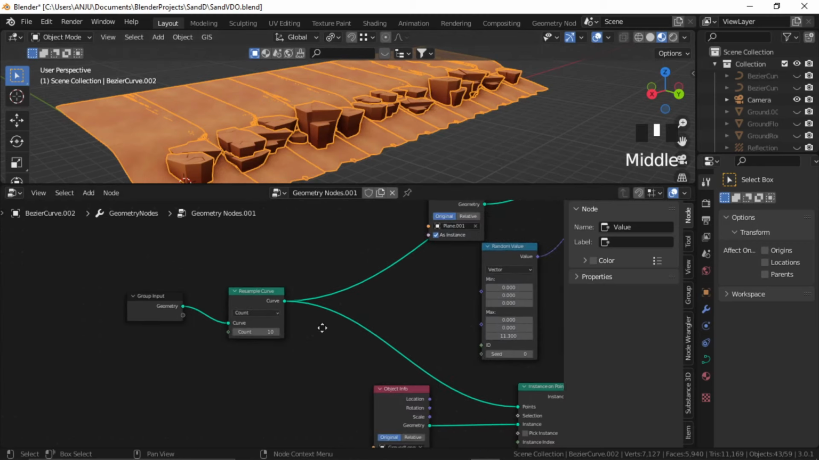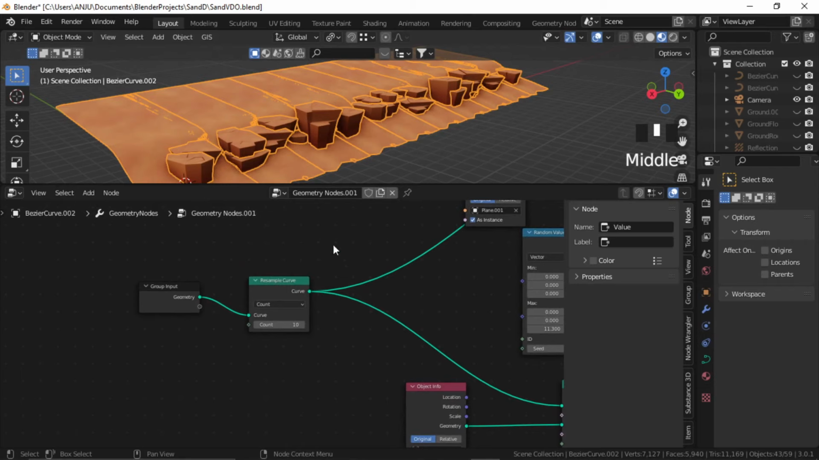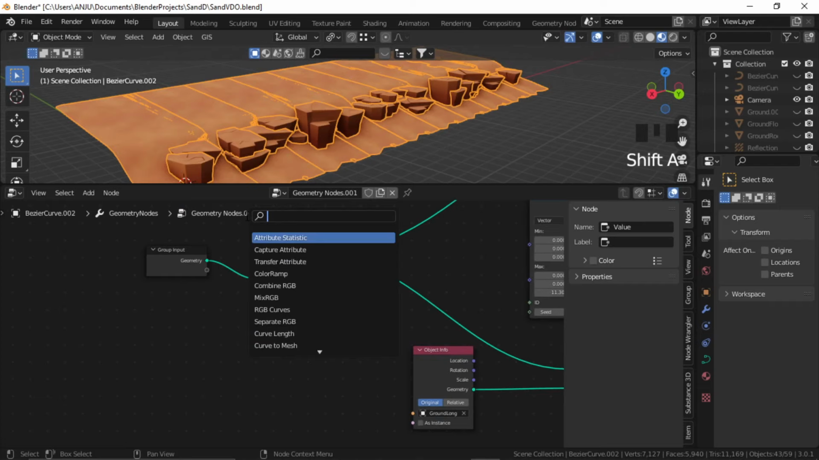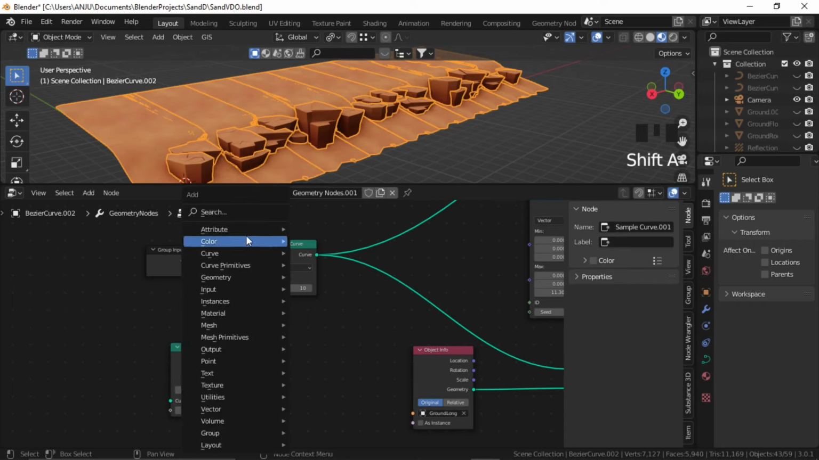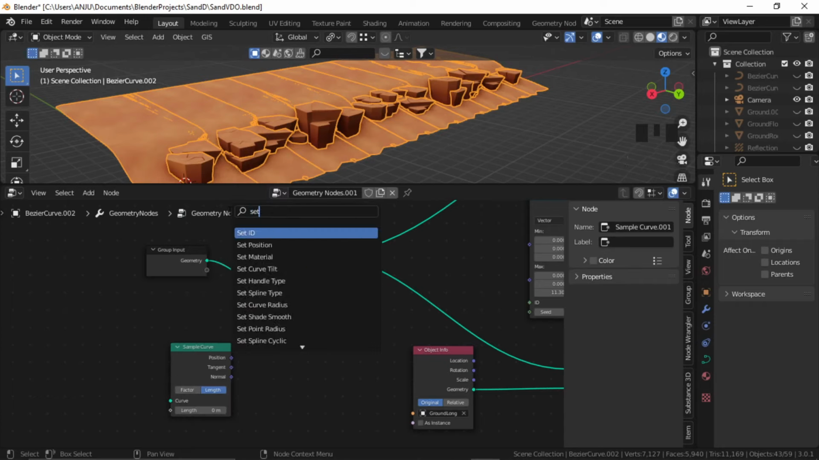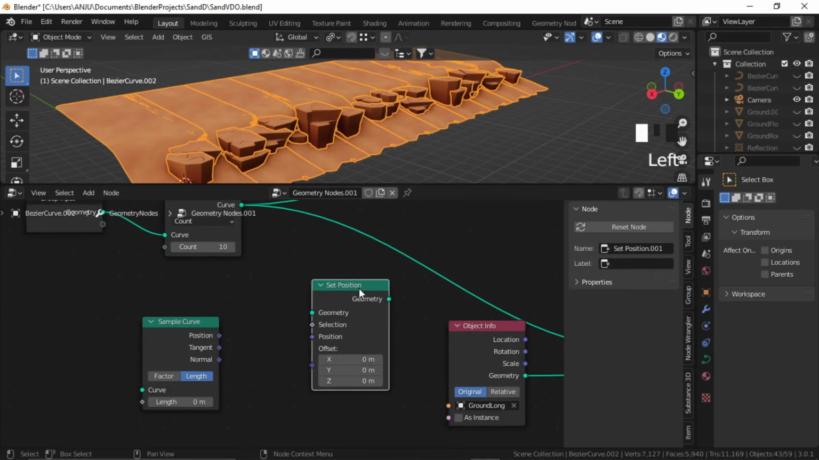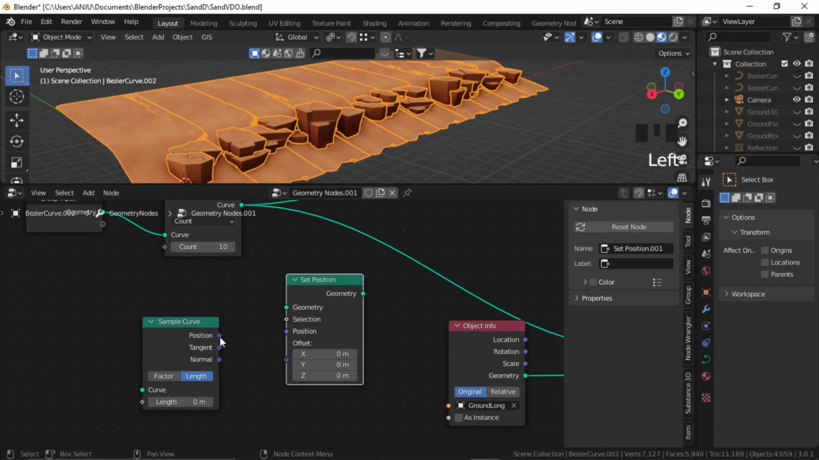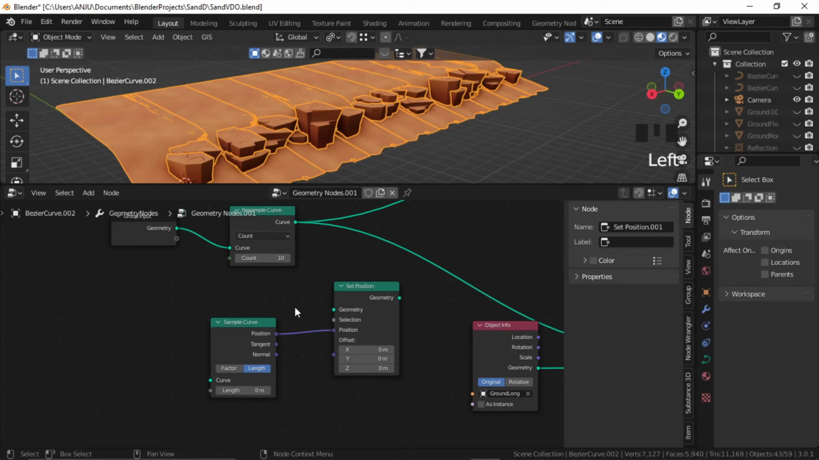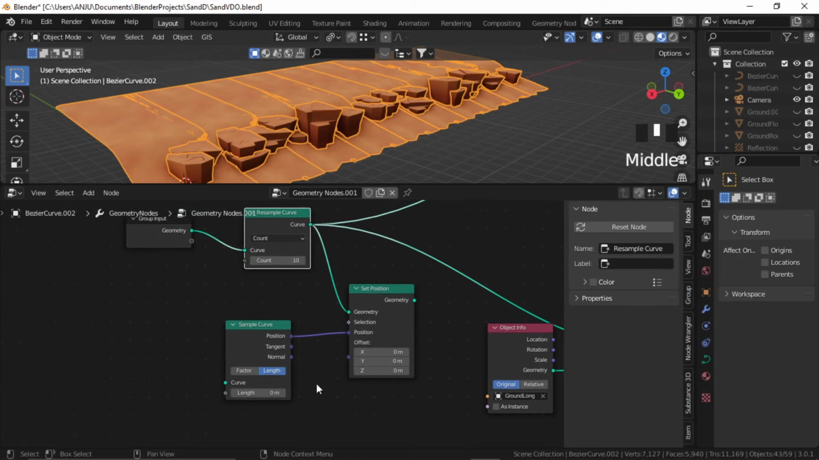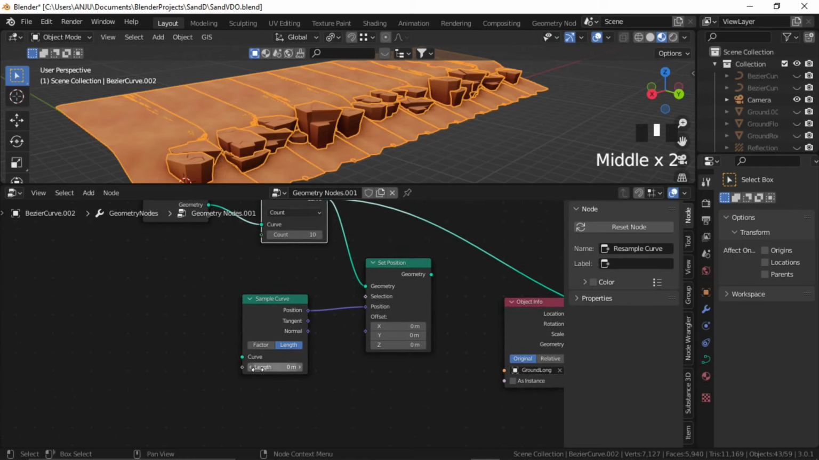So to do that, just come to the very start of this node setup. In here, now I need two nodes. One is the sample curve node and another one is the set position node. Now let's plug the sample curve node position to the set position position. Now I'll use this curve as the geometry for set position, and to change this length value I'm gonna use